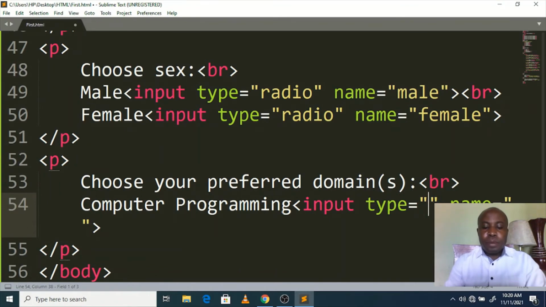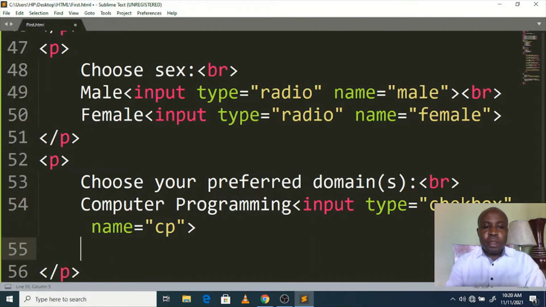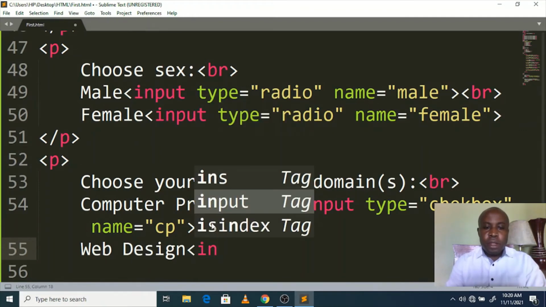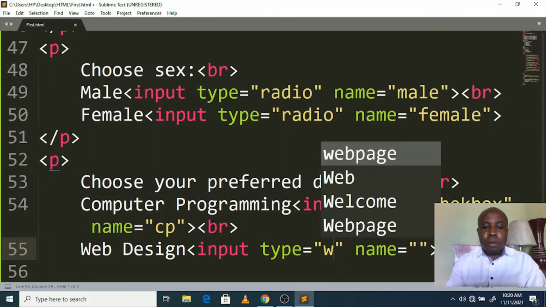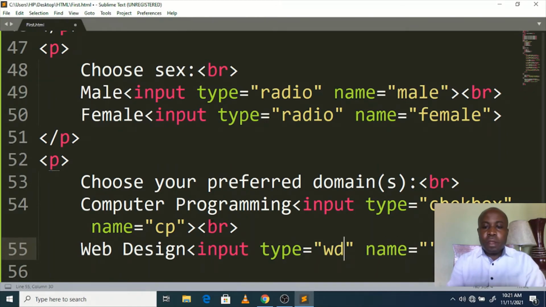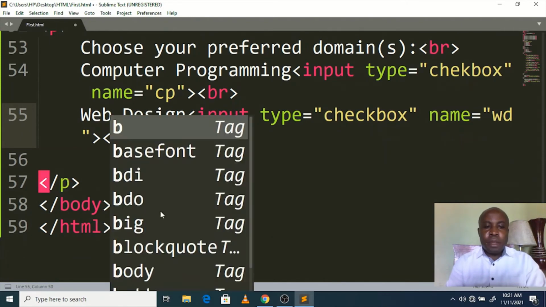Input type, the type here we call it checkbox. Name we call it CP for computer programming. Of course we have to go to the next line. Web designing, this is the second option. WD, type is checkbox, name is the one to be WD. We go to the next line, BR,